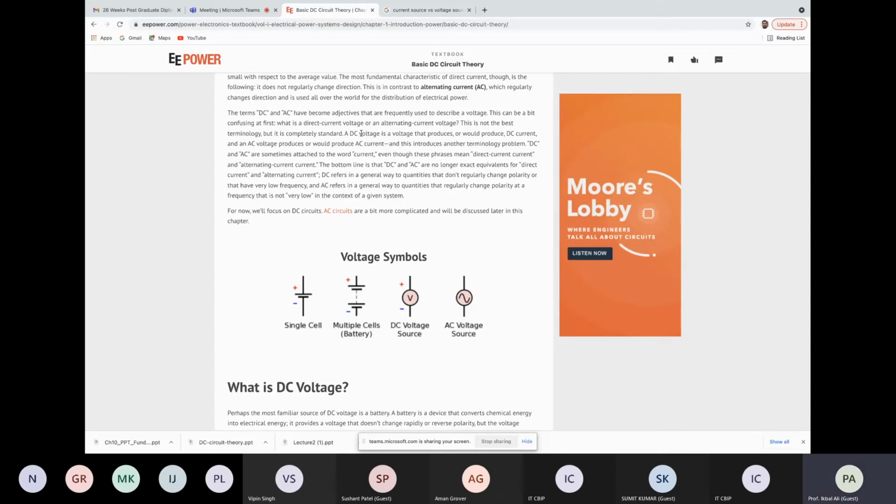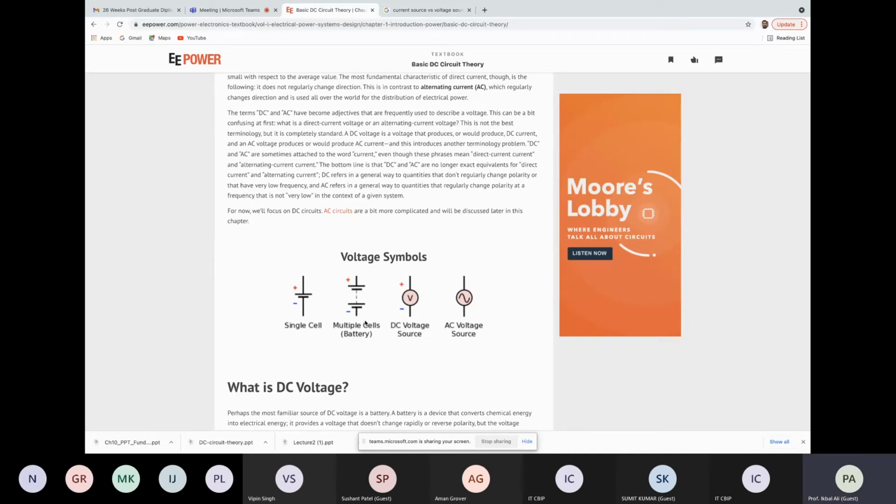So, okay. Is it okay? I'm audible now? Yes, sir. Okay. So the single cell is represented by this symbol, and if you have multiple cells, the same symbol is used multiple times, and you can add more voltages in this way. Suppose a single cell is of 12 volts, and you need 24 volts, so you need to connect them in series, right? That is how a battery voltage is also created.